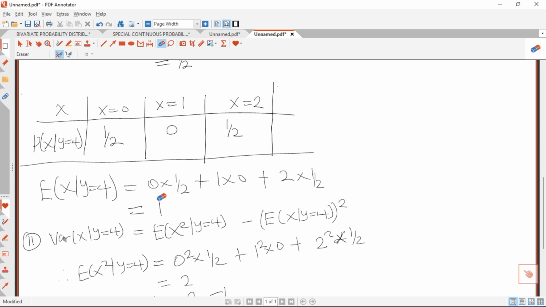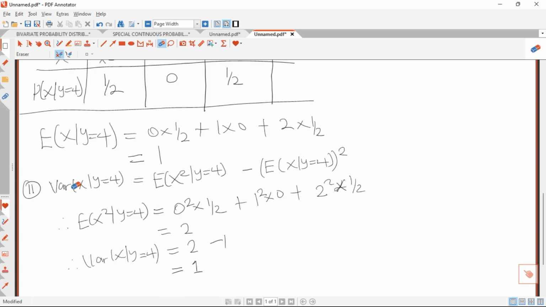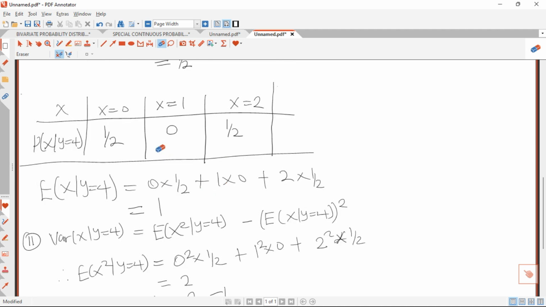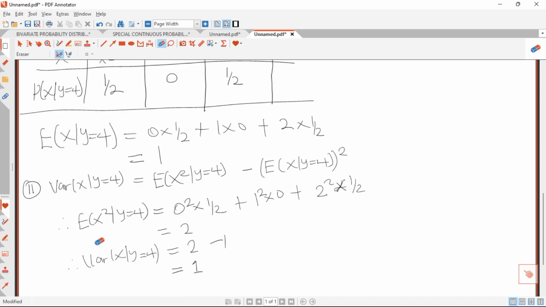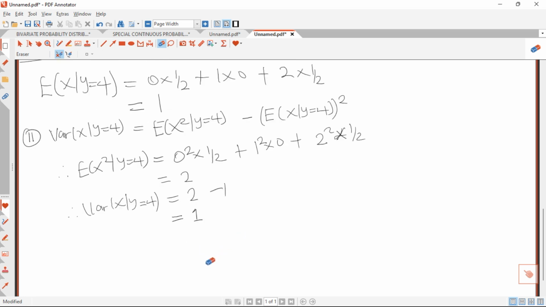1. Okay, and then they can ask us to also calculate the variance of that. So for the variance, you know that it will be the expectation of x squared given y is equal to 4 minus the expectation of x given y is equal to 4, all squared. So the only thing we need to calculate here is the expectation of x squared given y is equal to 4. And for that one too, we are not going to do any extra work. The only thing you are going to do here is to just square the x values. So you are going to get 0 squared times half plus 1 squared times 0 plus 2 squared times half, and you are going to get 2. So for the variance, you are going to get 2 minus 1. The answer to that one is also